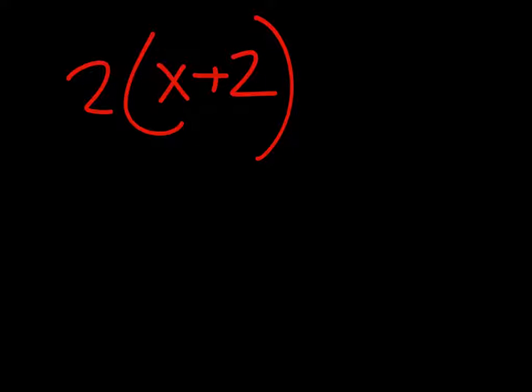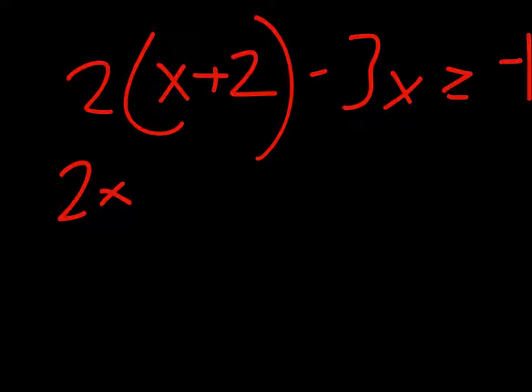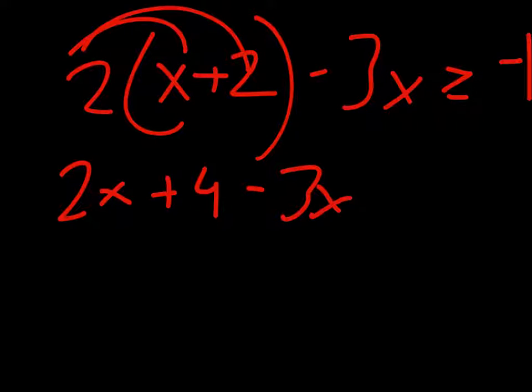Next one. Let's say we have, no, let's not do 6x. Let's do 2(x plus 2) minus 3x is greater than or equal to negative 1. First, we want to distribute the 2 to the insides. So 2 times x gives us 2x, 2 times 2 gives us 4, minus 3x is greater than or equal to negative 1. 2x minus 3x gives us negative x,